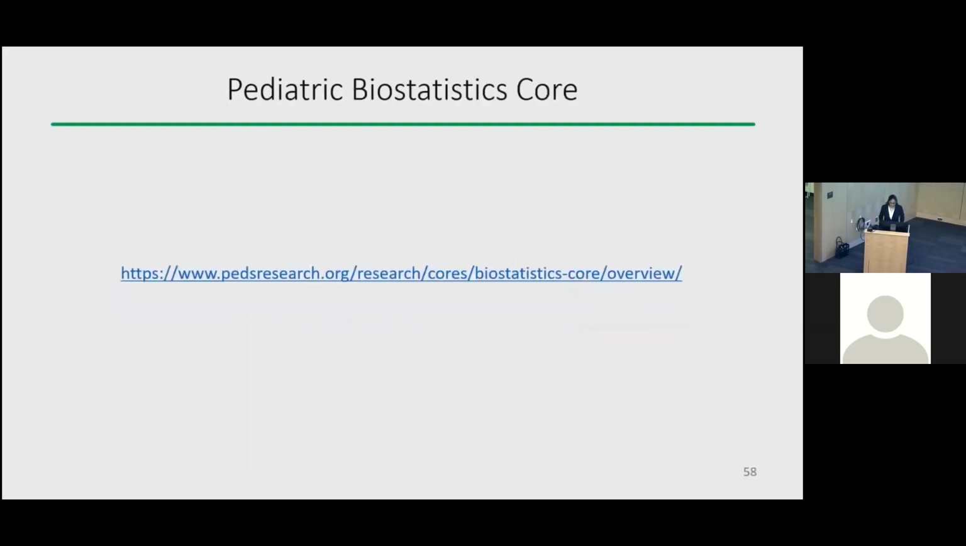All right, so now that we have wrapped up and covered both categorical as well as continuous measures of association data, one of the resources that you have as long as you are in your fellowship in pediatrics, which I believe all of you are,